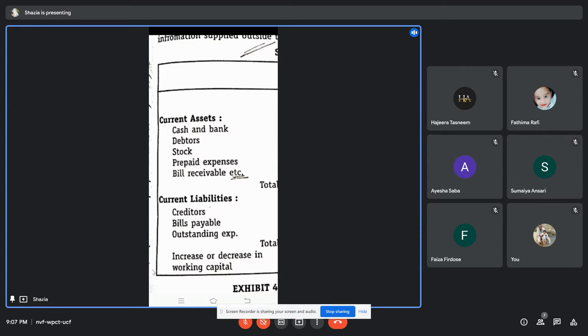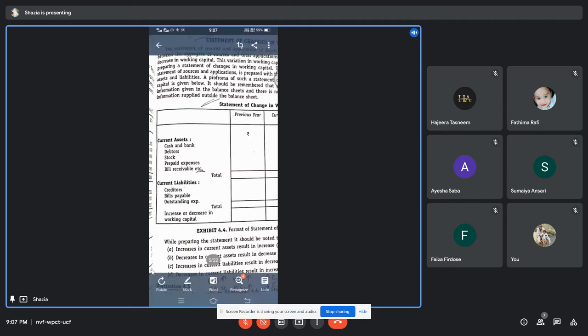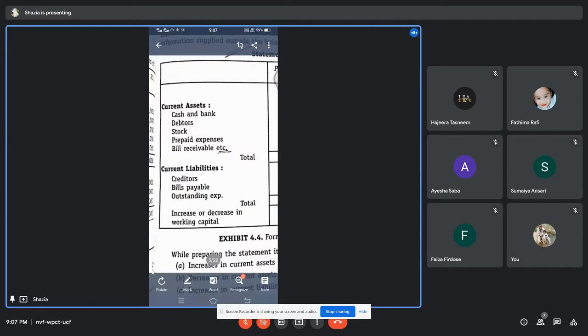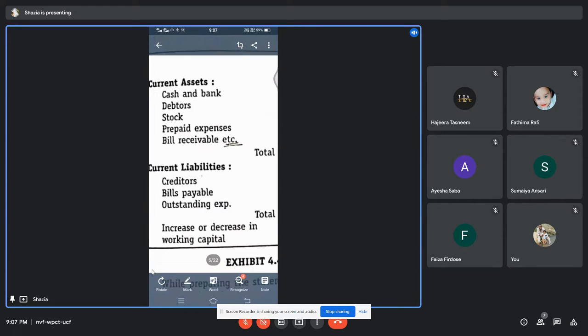The same way applies for the current liabilities also. We are not going to take all the liabilities. We are only going to take current liabilities. So that is creditors, or bills payable, outstanding expenses. And here, one more thing I would like to tell you,